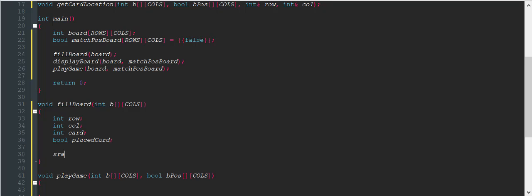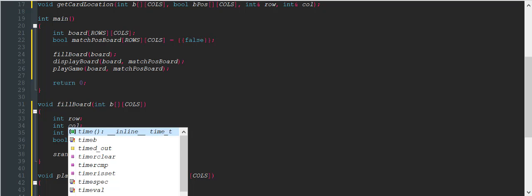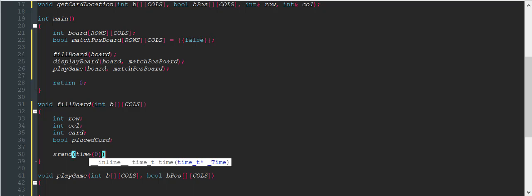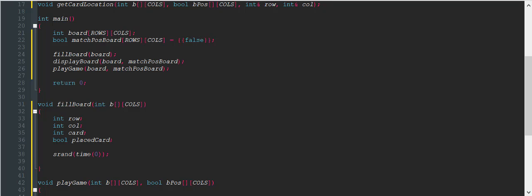So now then you want to write in srand time 0, and I've already explained it before in previous program exercises, you write it so that you don't get decimals, and you can write in for